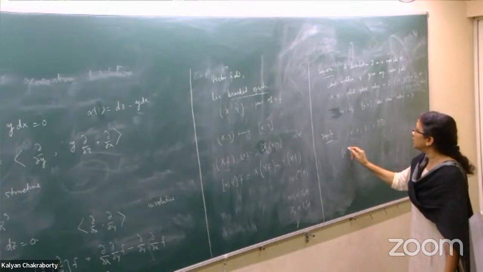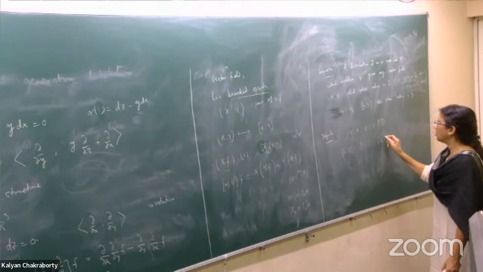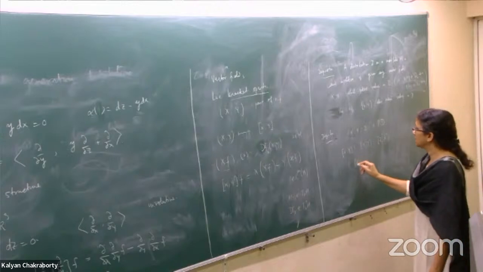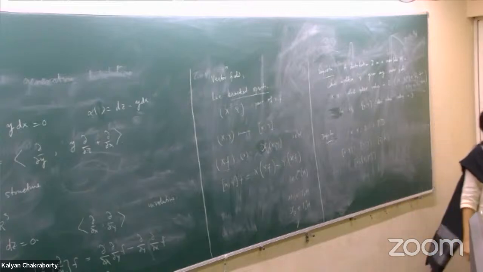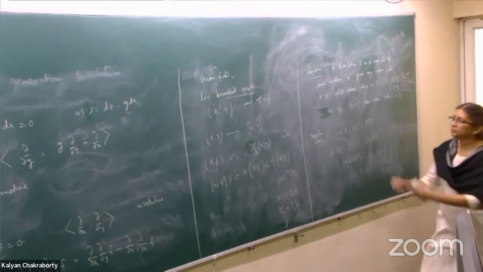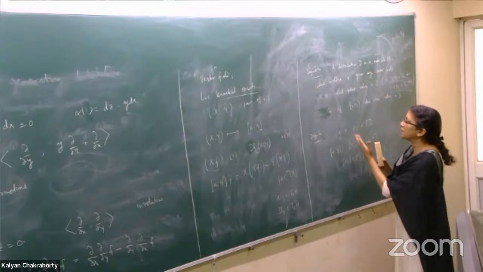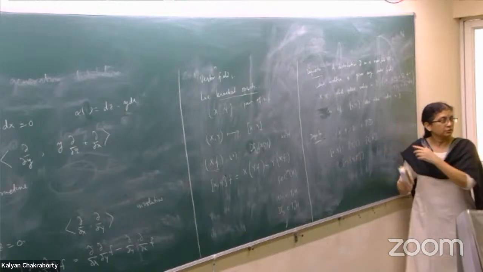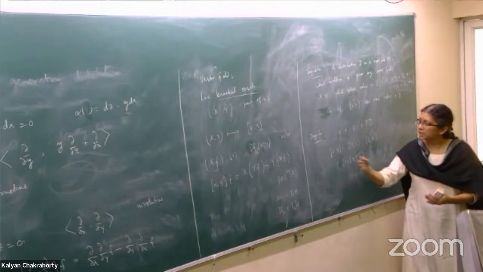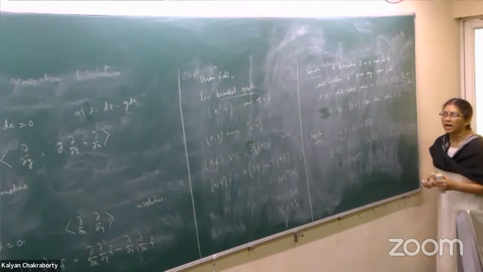Then you keep on taking all such successive Lie brackets and so on. Because if it is not involutive, then for some pair of vector fields, this X, Y Lie bracket will not be in D. So it will go outside D. So suppose I keep on taking successive Lie brackets of vector fields that lie in D, and if they are